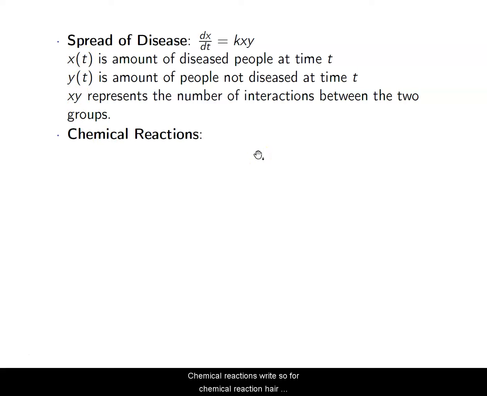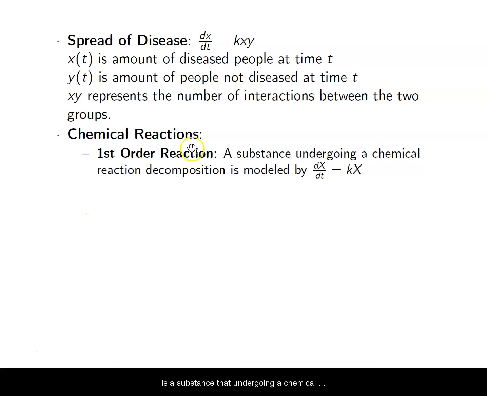Chemical reactions, right? For a chemical reaction, we're going to start with a basic model, and this is one of the ones where we definitely start to add layers of resolution in the later sections, as well as the population model. Population growth is also a very common model to use, so we're going to add layers of resolution to that in later sections. So here we're going to start with a very basic reaction where we have a compound that starts to break down into something else. A first order reaction is a substance that's undergoing a chemical reaction, decomposition,